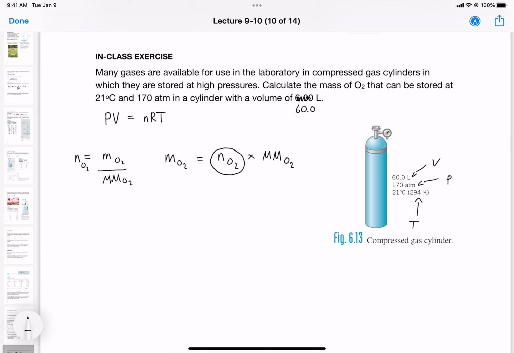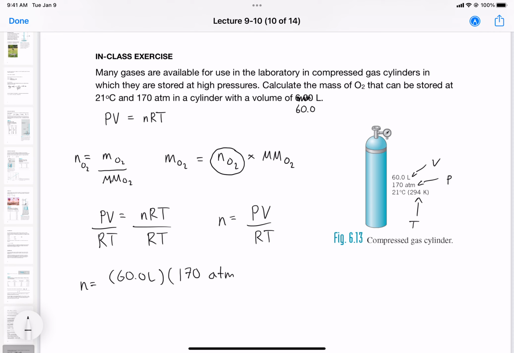So we're going to solve for n. We do PV equals nRT, divide both sides by RT, and now we have n equals PV over RT, and we can solve for n. So n in this case would be 60 liters times the pressure. Oops, I put them backwards, but that's all right. 170 atm divided by the ideal gas constant,